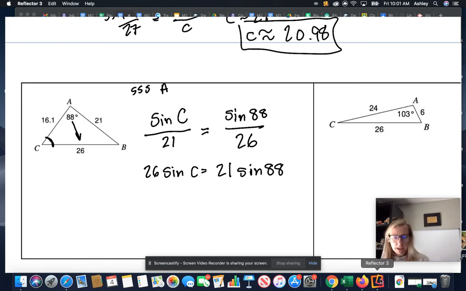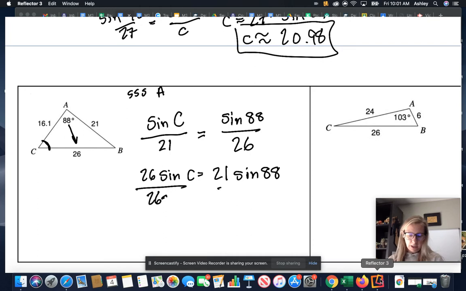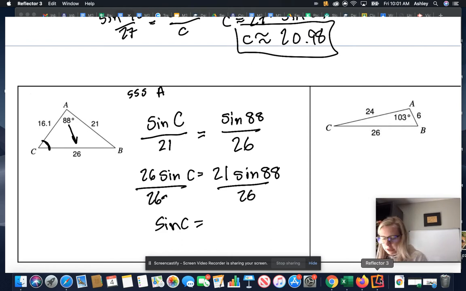Okay, so I'm going to take 21 times sine 88, and then I'm going to divide that value by 26. And then we're going to have sine C left over on the right-hand side. So 21 times the sine of 88. Again, double checking that your calculator is in degrees because you're going to get weird answers if not. Okay, so I get sine of C equals about